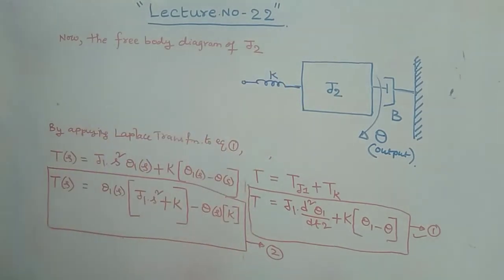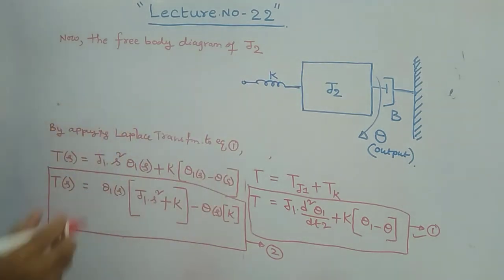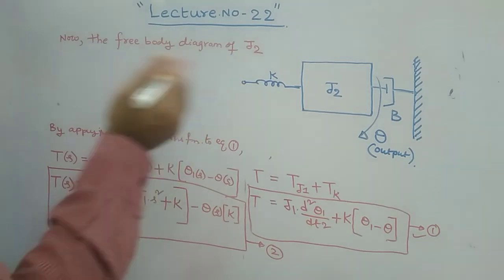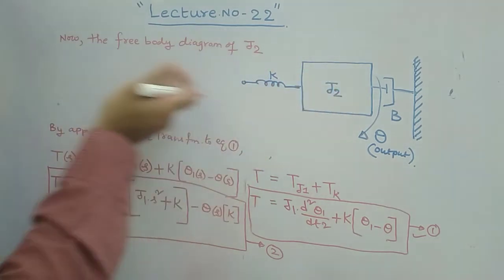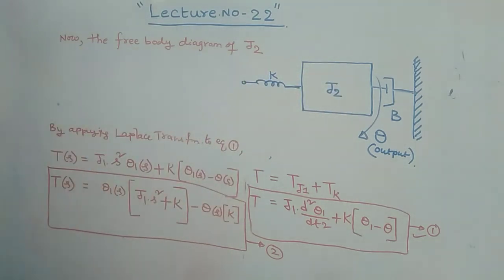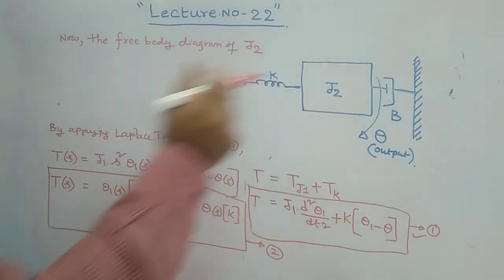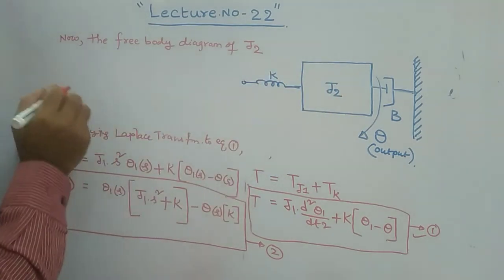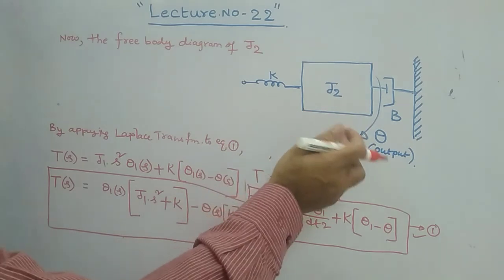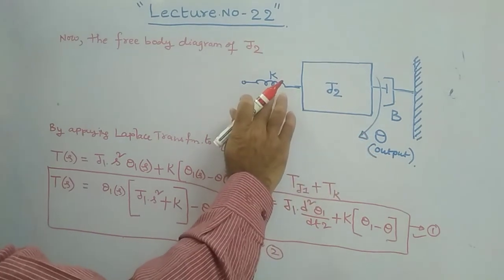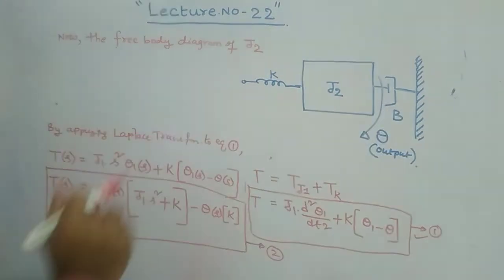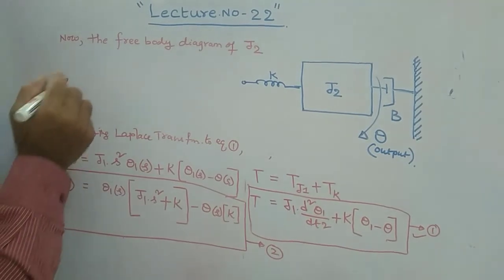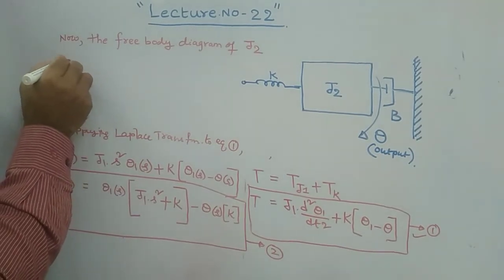Can you draw directly? So what comes here? From the free body diagram, which is simply a representation of that body and identifying the forces itself. Now you apply this. What are the forces acting? The force with respect to K, the force with respect to B. It will come. Then obviously T is equal to